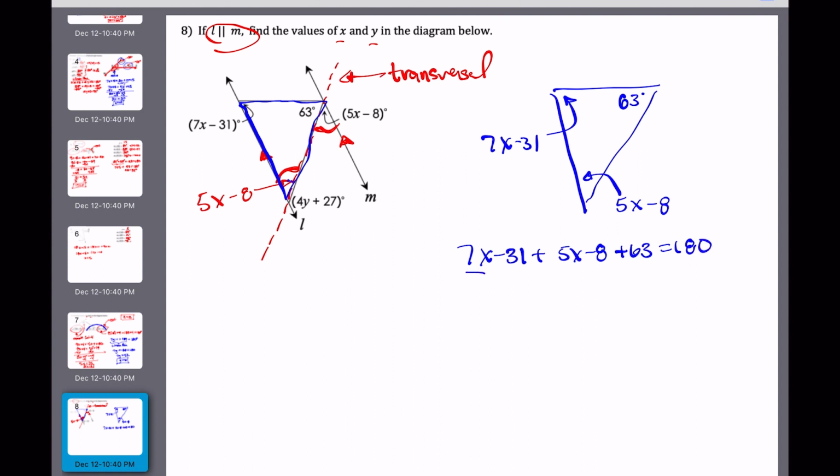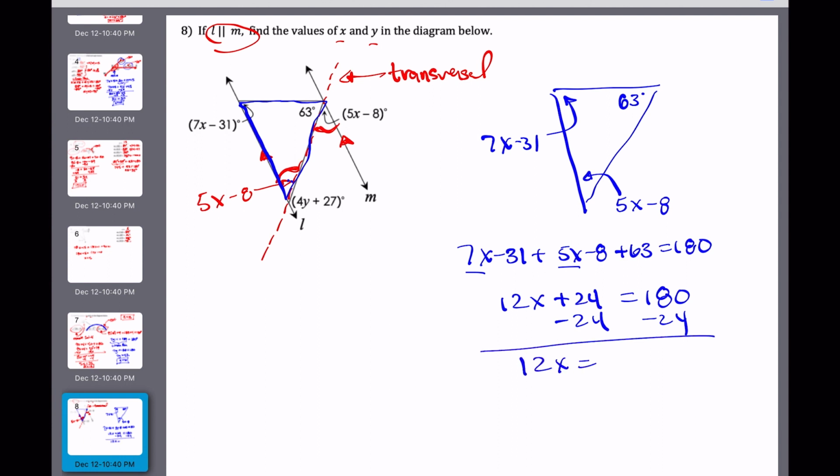And now we can combine our like terms. We have 12x. We have minus 31, and minus 8 is minus 39, plus 63 is plus 24. And now we can subtract 24 from both sides. And dividing 156 by 12 gives us 13. So now that we've got that answer, we want to focus on the y variable. And what we'll see here is that